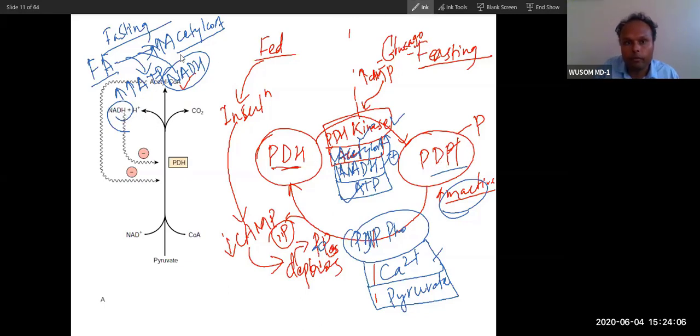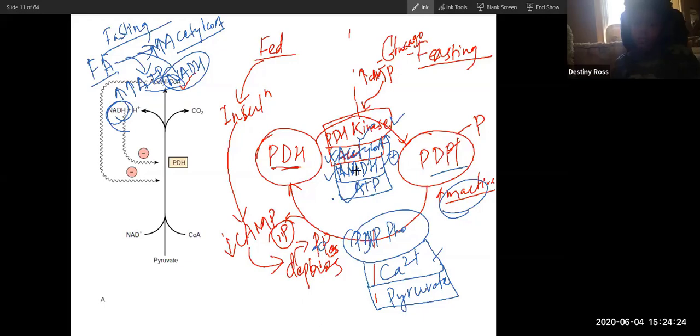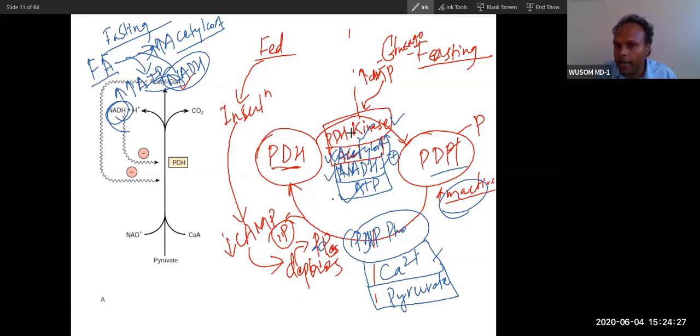Then this is also an inhibitor. Can you see acetyl coenzyme A inhibiting this PDH here? NADH here also is playing the role of inhibitor. One ATP is added. Did you get that? So here it is playing the role of inhibitor by helping this enzyme, pyruvate dehydrogenase kinase. Now here, the phosphatase: these two, calcium and pyruvate, help the phosphatase. In that way, they are activating the enzyme. Calcium and pyruvate activate the enzyme by helping phosphatase.